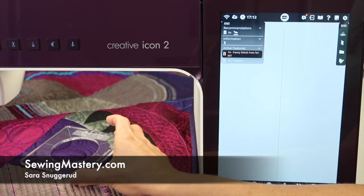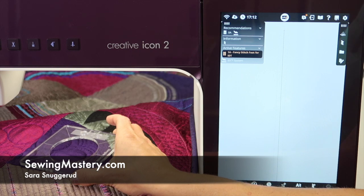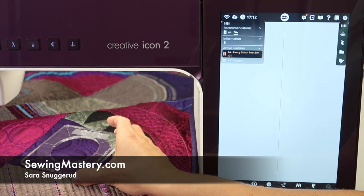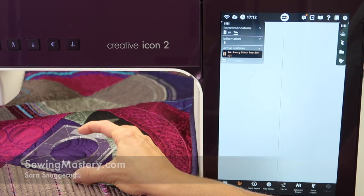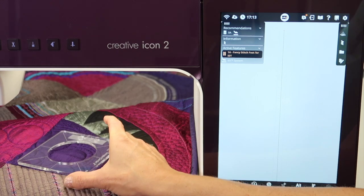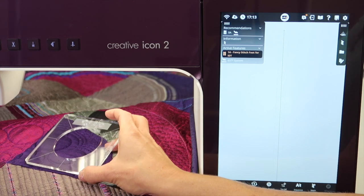Ruler work, as a form of free motion quilting, has quickly become quite popular these days. And for those of you who may not have ever really mastered free motion quilting, many of my students have tried ruler work and have fallen in love with it. So on the Pfaff Creative Icon 2, there is a new section to be partnered with the Pfaff Ruler Work